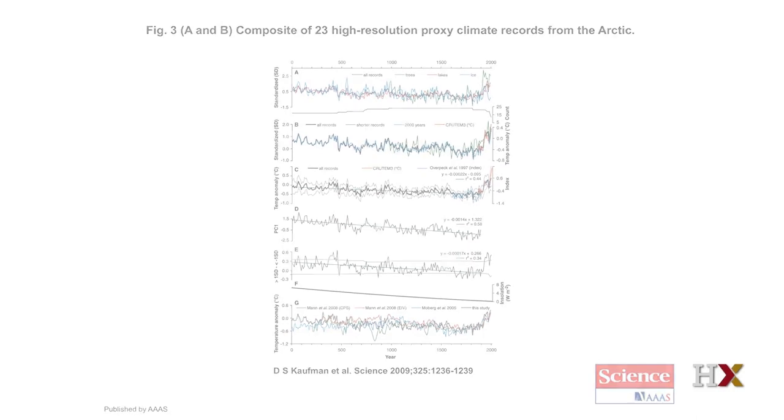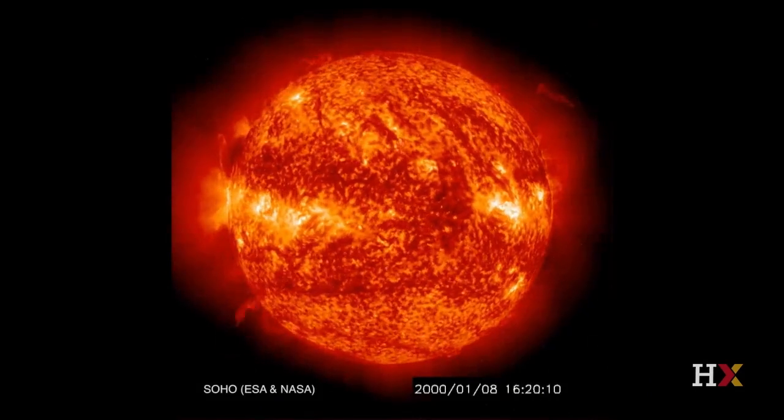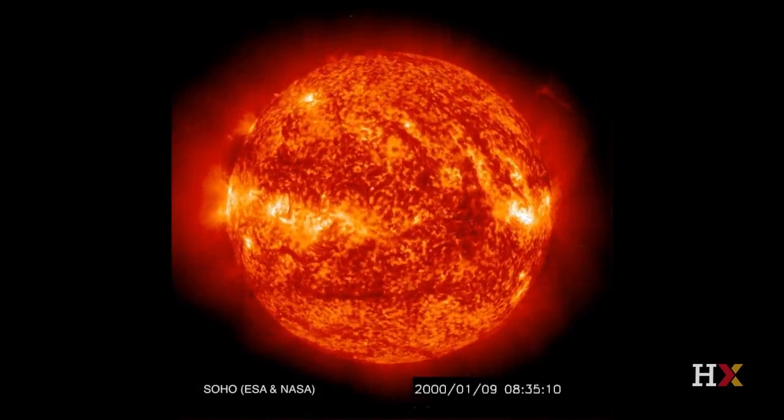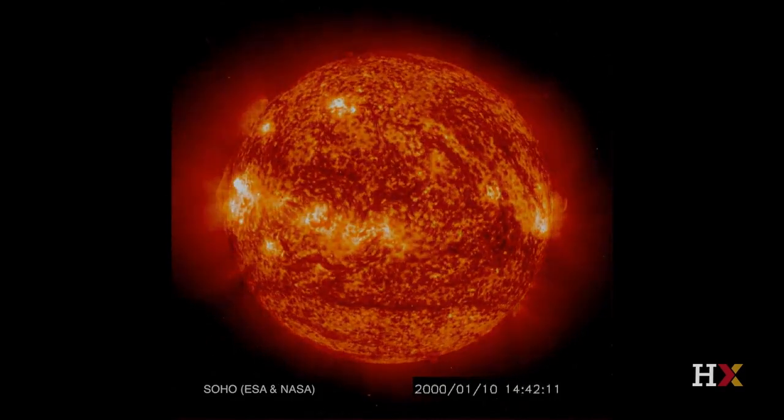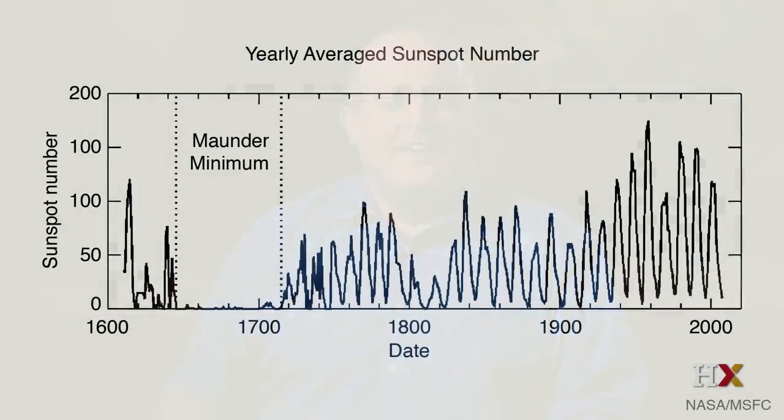One of the claims by some of the people who deny that anthropogenic climate change exists is that the recent warming we've seen is actually due to changes in the activity of the sun. Now, I find this a little bit amusing because, in fact, the implications of this hypothesis are actually very dire for anthropogenic climate change. Let me explain. We know a lot about how the sun has varied over the last 500 years, at least since the time of Galileo, who first started making observations with his telescopes.